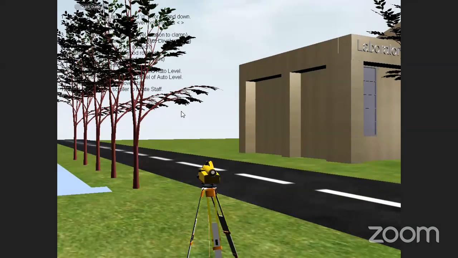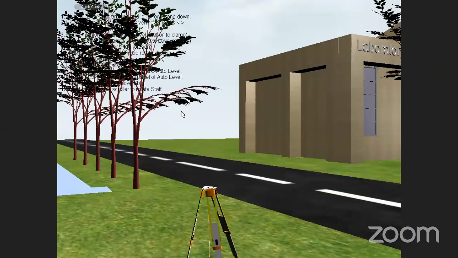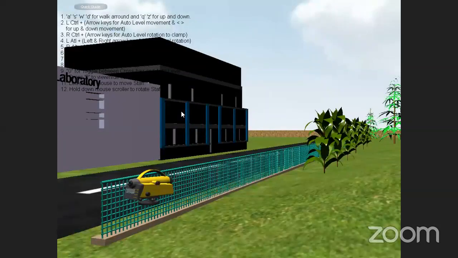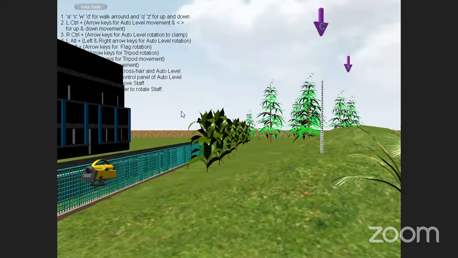Just move in a horizontal plane, nothing will happen. Our RL is the same. This operation is not possible while you are conducting a field survey, but here in the animation you can shift your telescope a little bit in the same plane. That is the option you have in virtual mode.